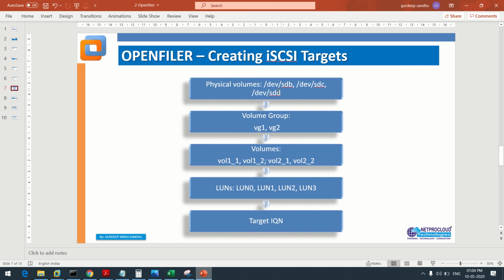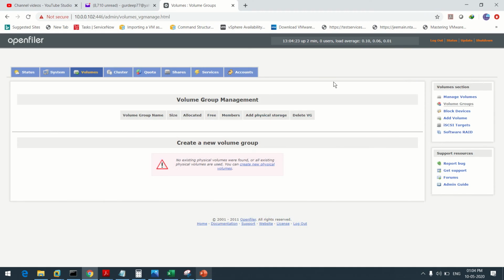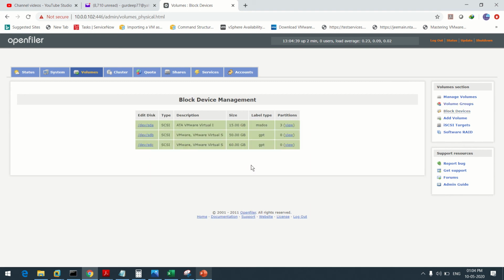We have the volumes like /dev/sdb, sdc, sdd. In our case, let's check what volumes are there. From those volumes, we are going to create a new physical volume. Now see, there are three disks present: SDA, SDB, and SDC.